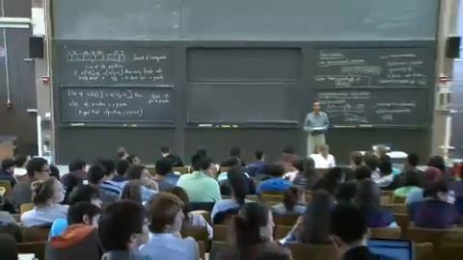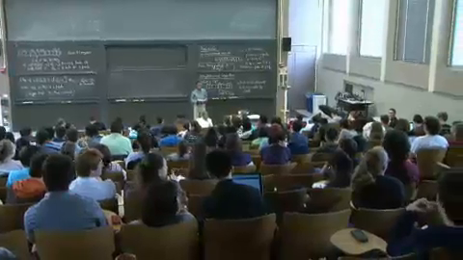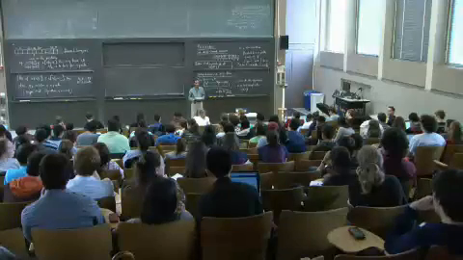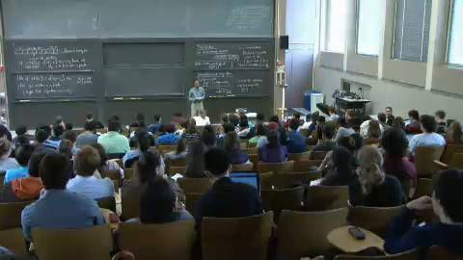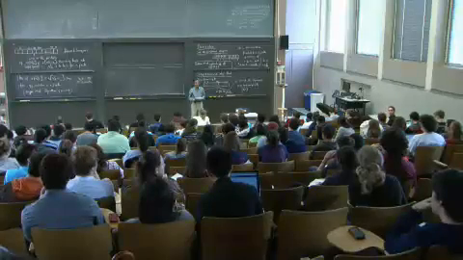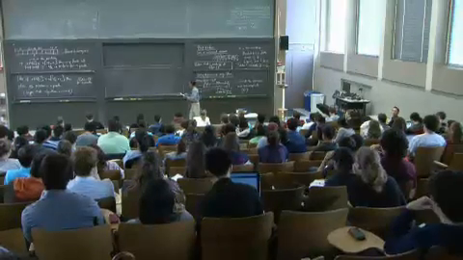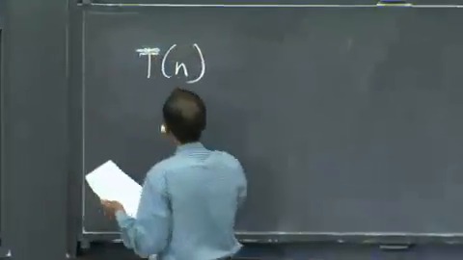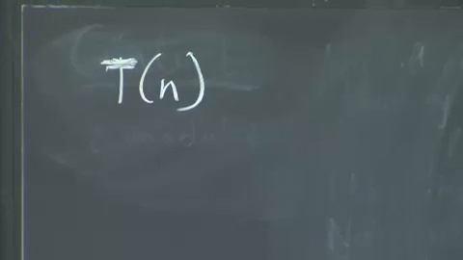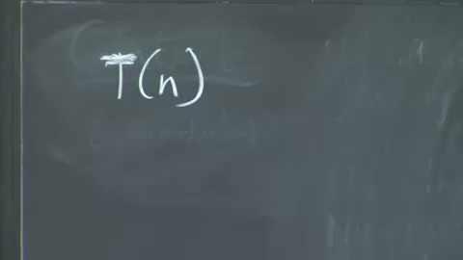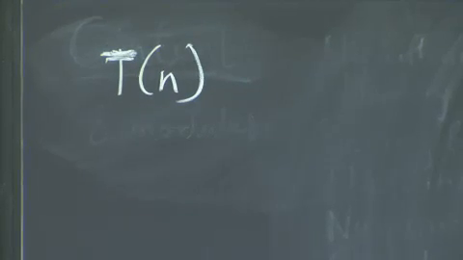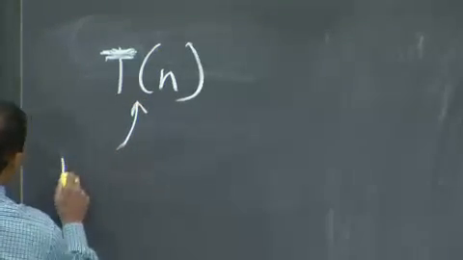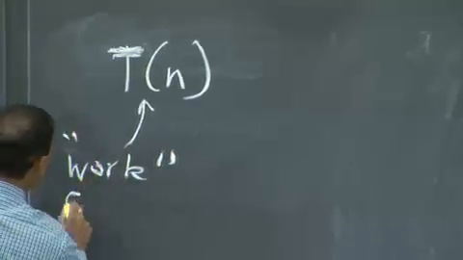So in the worst case scenario, T of n is going to be some constant amount of time it takes to investigate whether a certain element is a peak, plus T of n over 2. Great, exactly right. So if you look at this algorithm and you say, from a computation standpoint, can I write an equation corresponding to the execution of this algorithm? And you say T of n is the work that this algorithm does on an input of size n, okay?